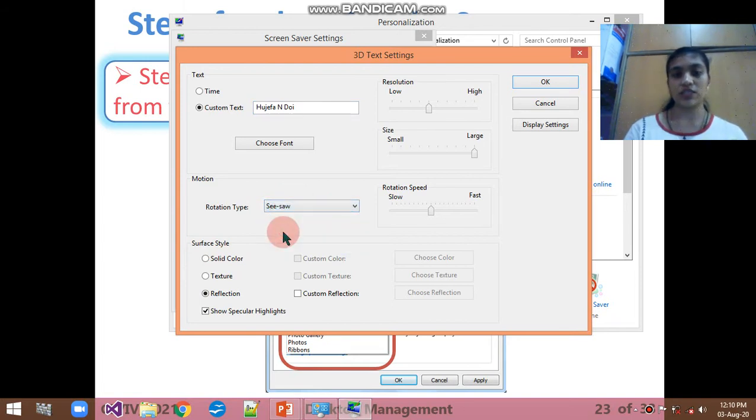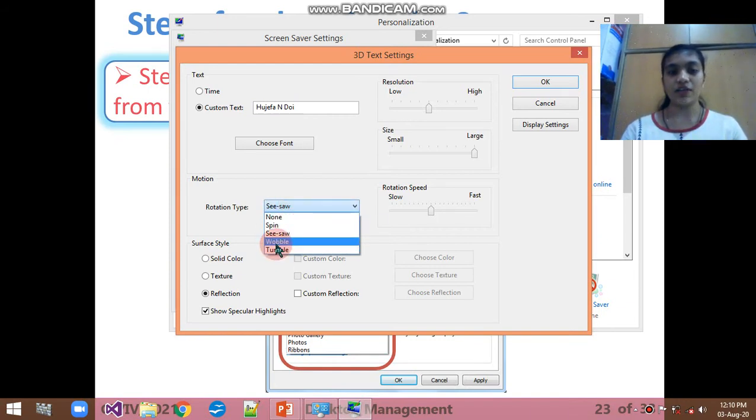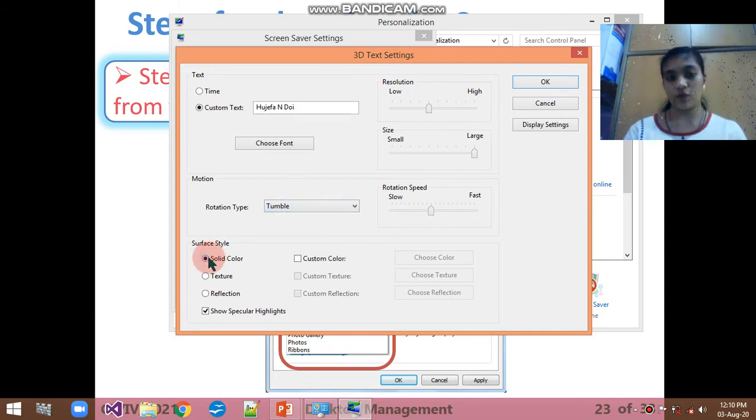You can do the seesaw, like how a seesaw moves. These are the different types you can change here. Solid color, if you want your surface to be a solid color. Texture means it will look like a wall texture, or reflection means the reflection will appear in the background. I will choose the solid color for now. You can choose by yourself.